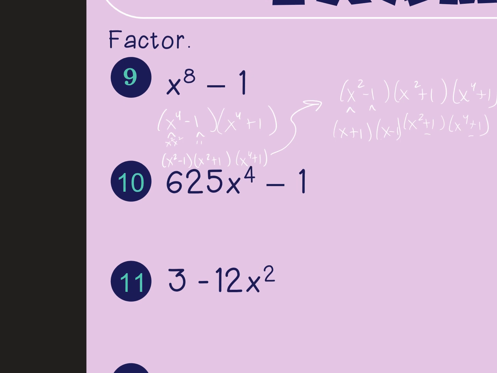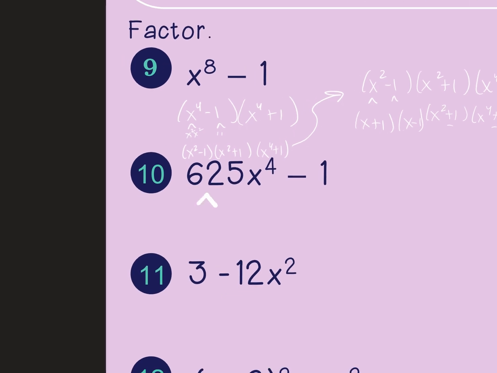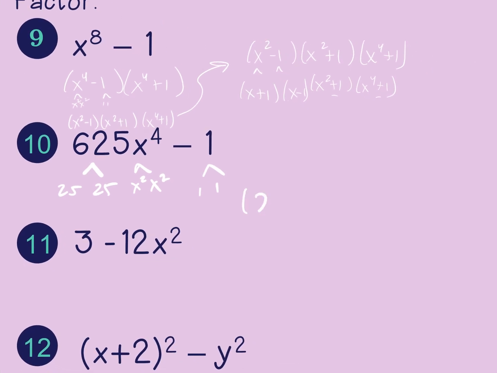All right, let's look at number 10. First thing we ask ourselves, is there a GCF? There's no GCF, but I do see some big old numbers here. 625, x to the fourth. I could break those down. Absolutely. What could I break 625 into? Well, 25 times 25. What could I break x to the fourth into? X squared. Good. And then my negative 1 would just be 1 and 1. So I would have two parentheses here. It would be 25x squared plus 1,